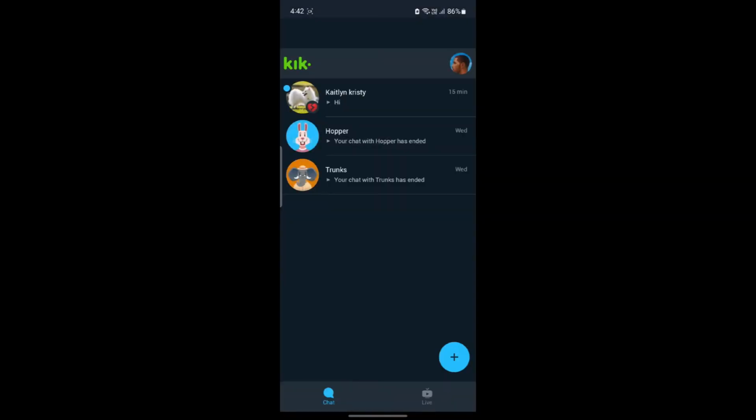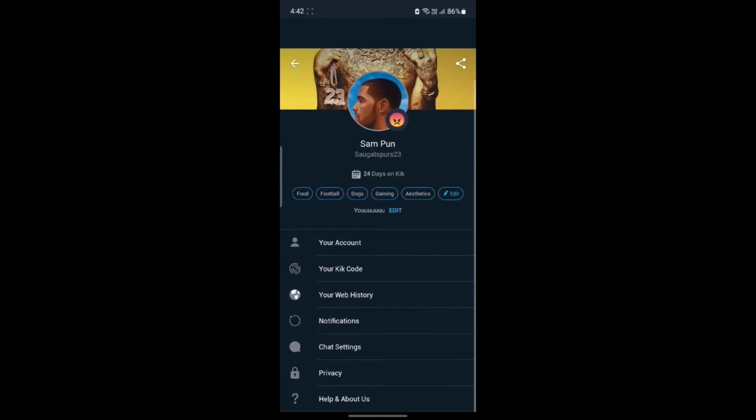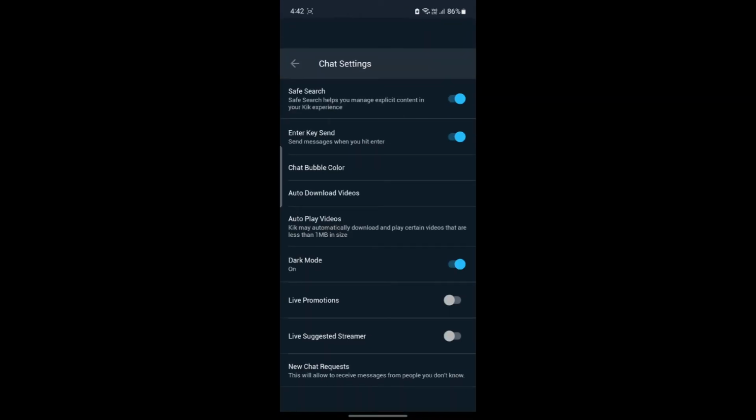Open the Kik app on your phone. After that, what you need to do is click on your profile which you see on the top right hand corner. Then scroll all the way down and find chat settings. Click on chat settings as you find it, and at the bottom of your screen you can see something like